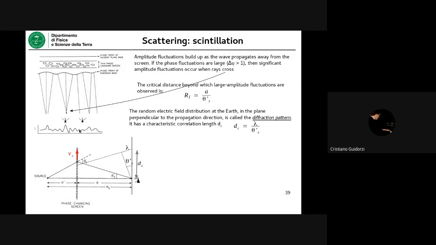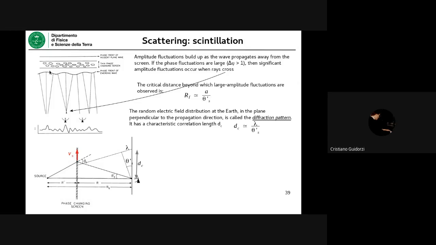this diffraction figure along the plane which is perpendicular to the line of sight. So depending on the kind of interference that you've got at any single point, you have a different resulting electric field, so different intensity. It works exactly in the same way as what you already know from Fraunhofer diffraction. Here, of course,